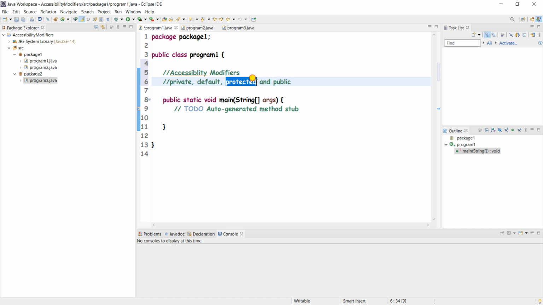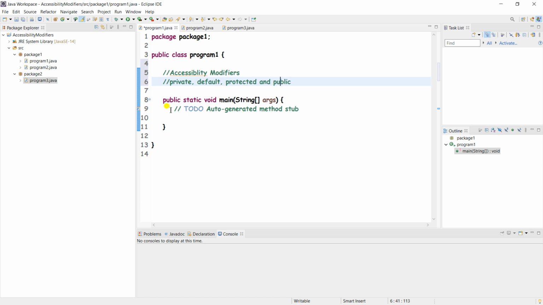Okay, protected modifier is accessible within the class, and outside the package only when we extend the class. Okay, that time we can access the protected members, right? And public will be accessible throughout the package.